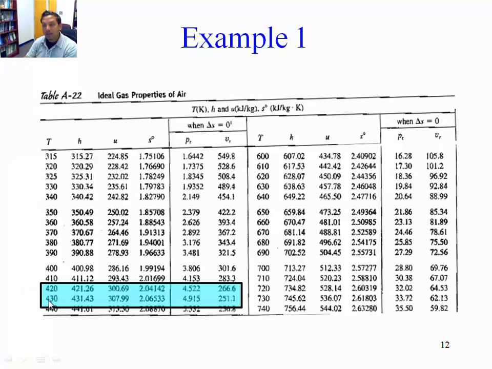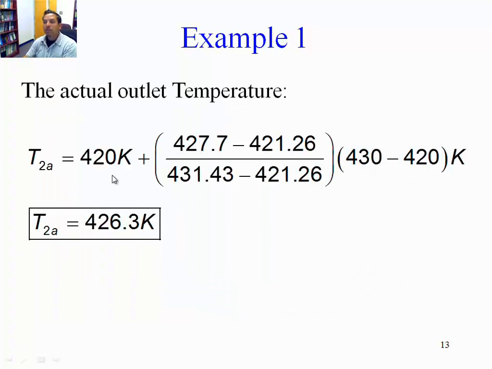Not the ideal, but the actual temperature at the outlet. Remember, the ideal temperature was 404. Now it's going to be somewhere between 420 and 430. So we interpolate between 420 and 430 using the actual entropy of 427.7, which is bracketed between 421 and 431, and that results in an actual temperature at the outlet of 426